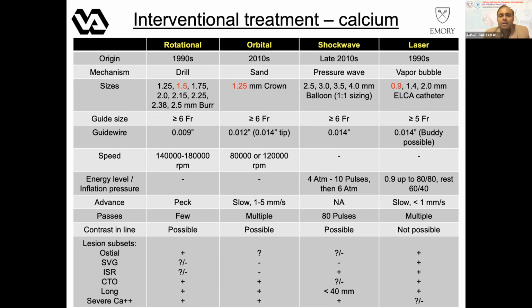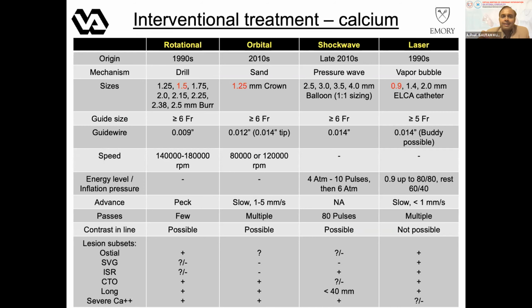Now, let's quickly talk about calcium and plaque modification. You have multiple different options for calcium and plaque modification. Broadly speaking, you have rotational atherectomy, orbital atherectomy, shockwave lithoplasty or lithotripsy, and laser. So these are all the different techniques that are available. Some of these techniques are available in your geography. Some of these techniques are not available in your geography. So it is going to come down to what you're familiar with, what you're comfortable with, and what you can